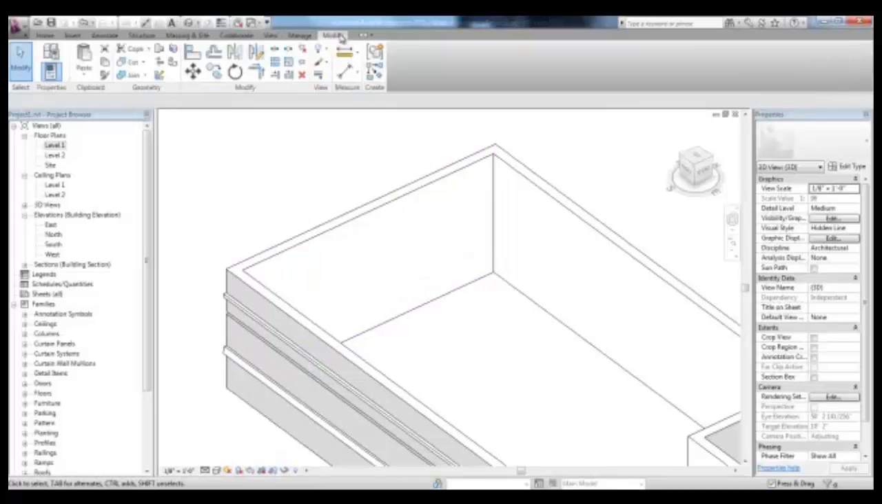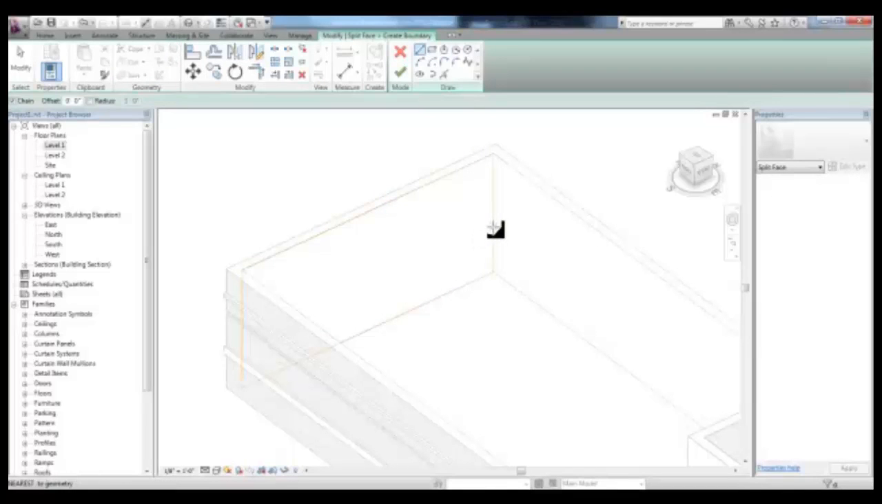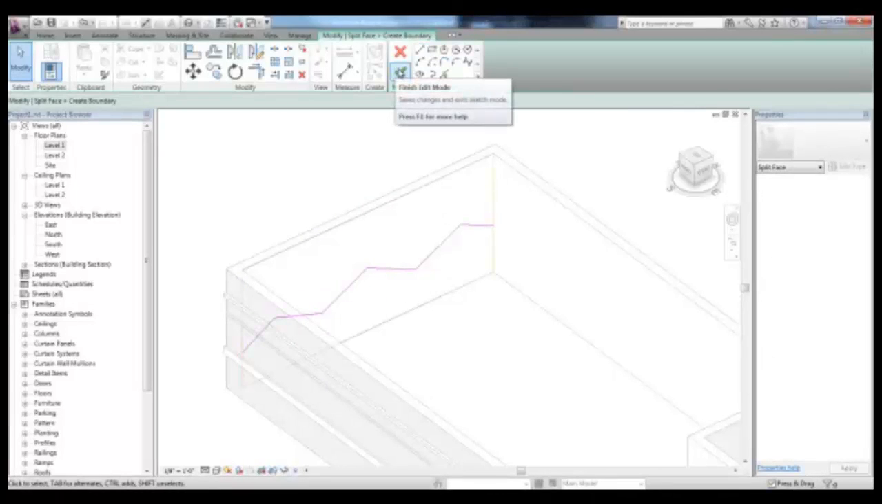In the Modify tab, in the Geometry panel, you can pick Split Face, select the face that you'd like to split, and then use these tools to draw your split face shape. Then pick Finish Edit Mode,